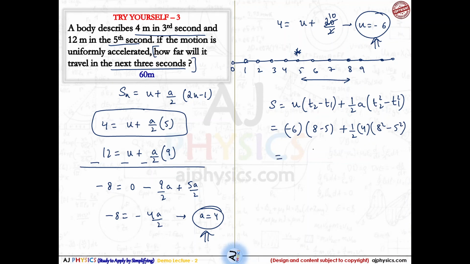Alright, let's get with this now. The final steps of the calculations are like 8 minus 5 is 3, so negative 6 times 3 is negative 18, plus 2 multiplied by 64 minus